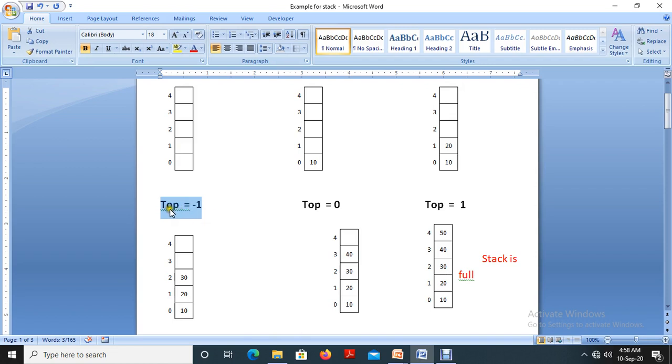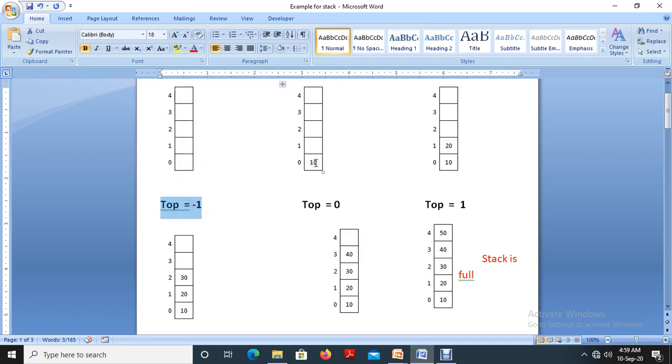So what I am doing is using an integer variable top, and initially I am initializing the value of top as -1. The meaning of that is the stack is empty. The stack has no elements, so the top value is -1.